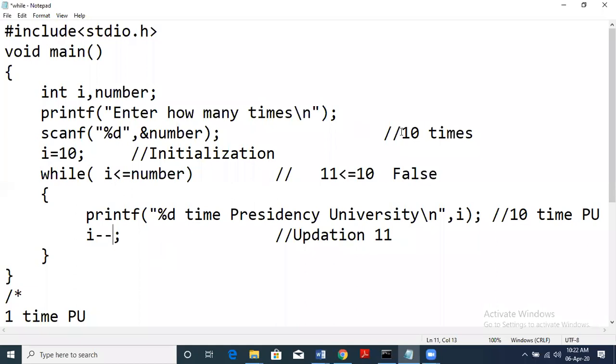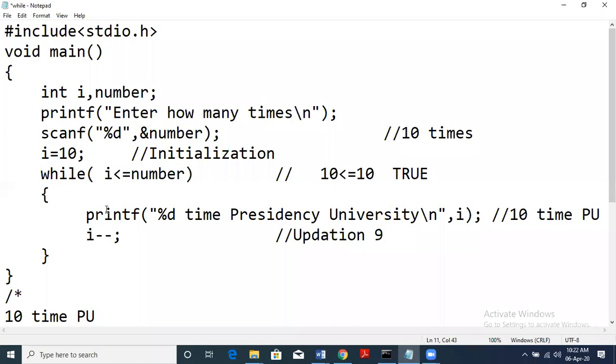Why? Because say we give 10 here, we want to print 10 times, and if we give I less than equal to number, so initially it is 10. So 10 less than equal to 10 is true, correct? So now it will print 10 times PU. Now what happens? I becomes I minus minus, so I becomes 10 minus 1, 9.